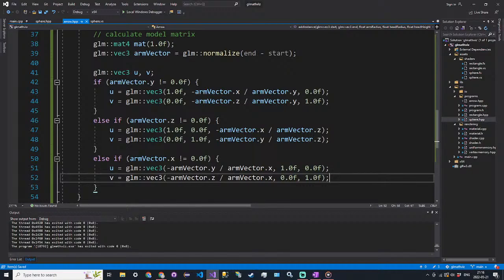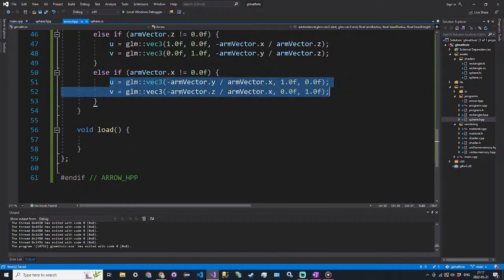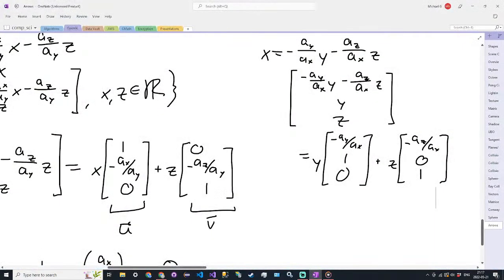And you might just be wondering, well, Michael, how do we know that these two vectors are independent? If we need a basis, if you're curious and if you like questioning me, which you should, how do we know that vectors u and v are independent? Well, let's look at them. Is there any constant that we can multiply this vector by to get to the other one? Because that's the definition of linear independence. If there isn't a constant, so